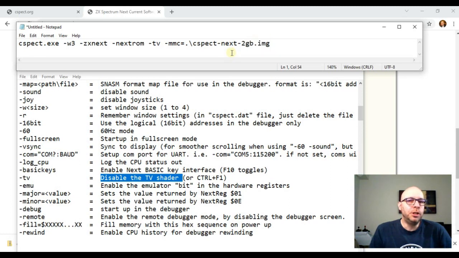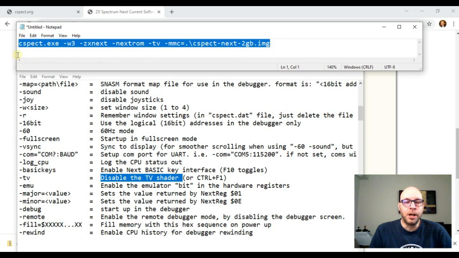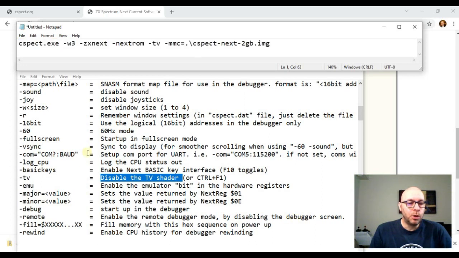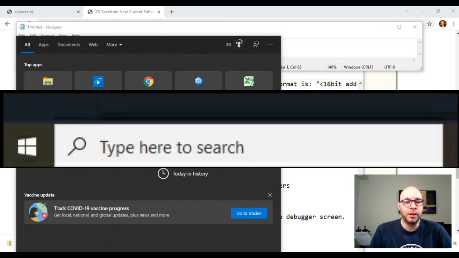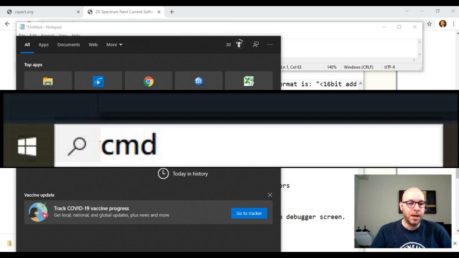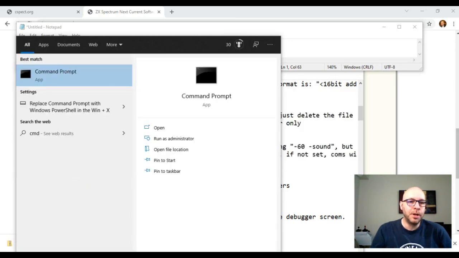So how do we actually use this instruction line now to open our emulator? Well, the way we do that is by using a command prompt. And how do we open a command prompt? Well, one way to do it is to go down here to the Windows search bar, and I'm in Windows 10, and you can use whatever search bar is in your particular version of Windows and just type CMD, which is short for command, and this command prompt option should show up here. And if I double click on this